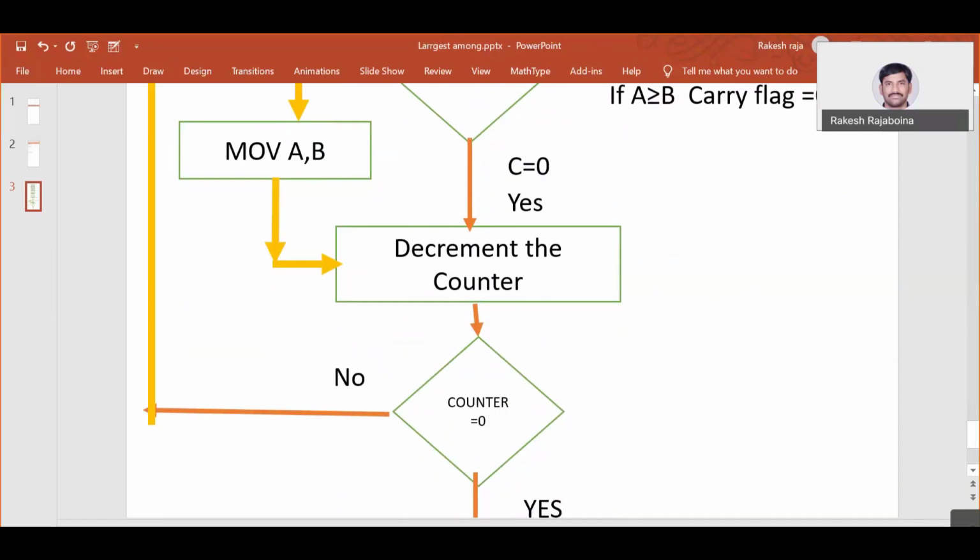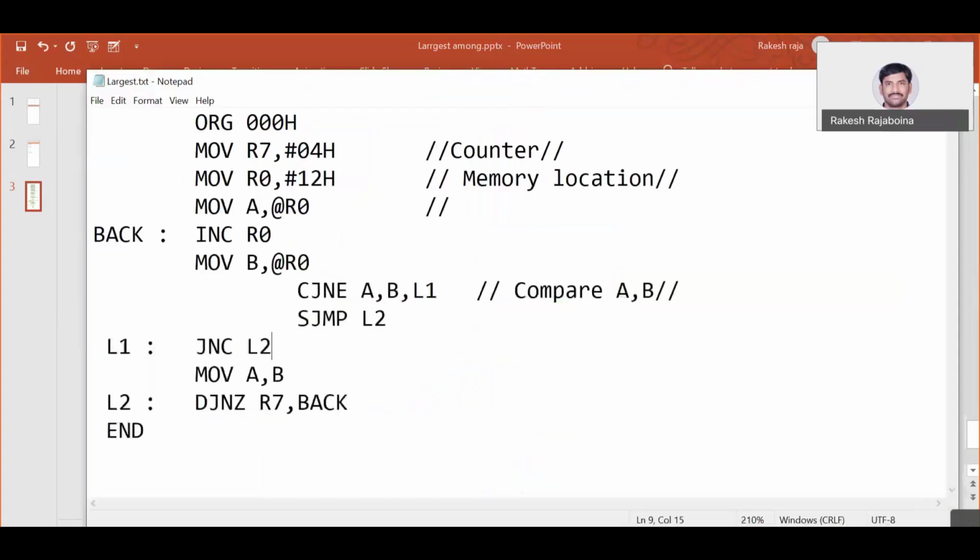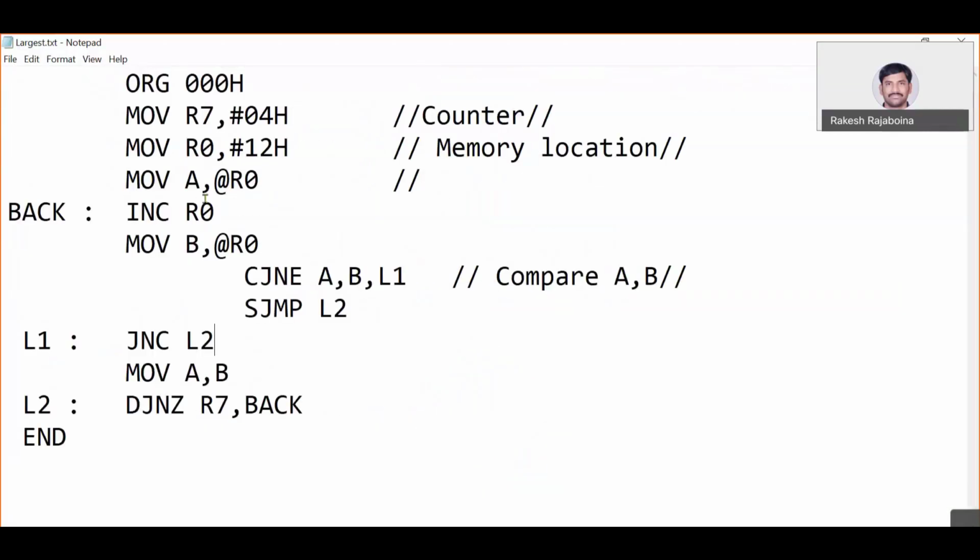Since I already wrote it, I'm just going to show you. It's the simplest program for finding the largest number. Okay, please listen. I'm going to show you step-by-step instructions while executing the program. For the timing, just listen line by line. I started my origin, then I started my counter number, like counting how many times I need to repeat the process. I made it 4 times since I'm taking 5 numbers.